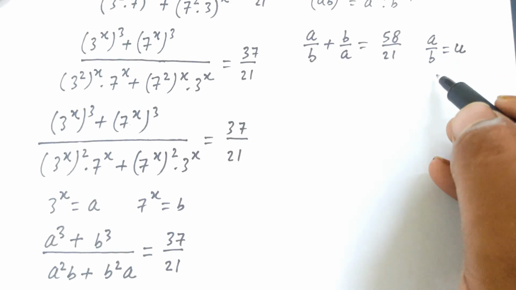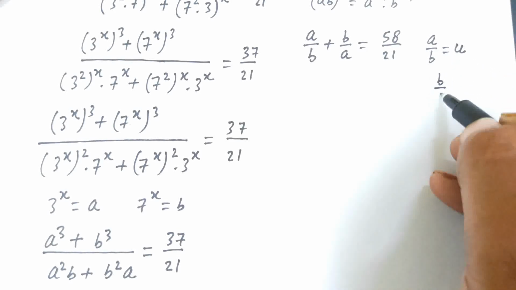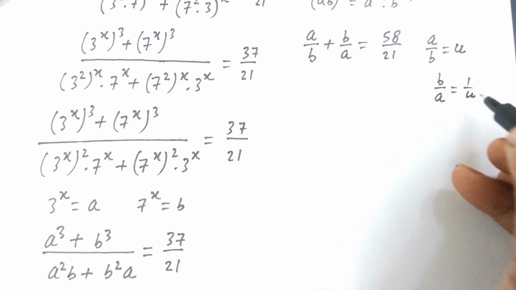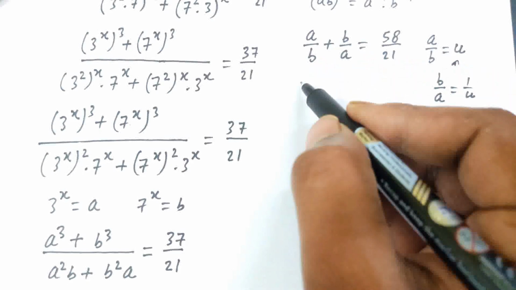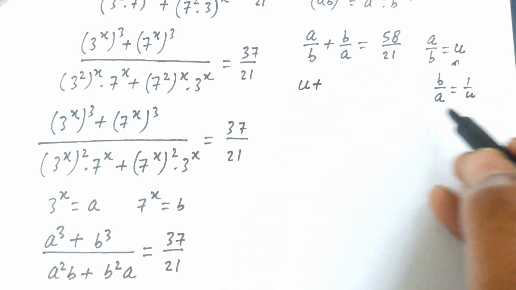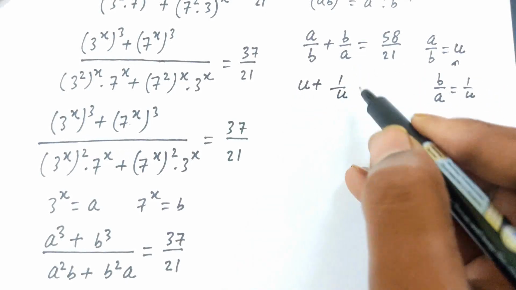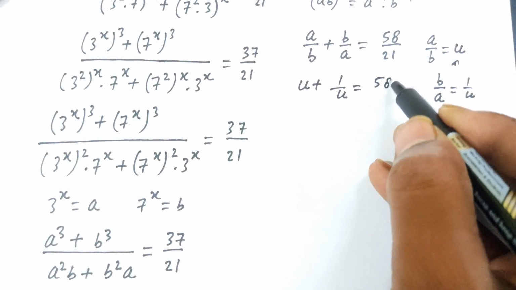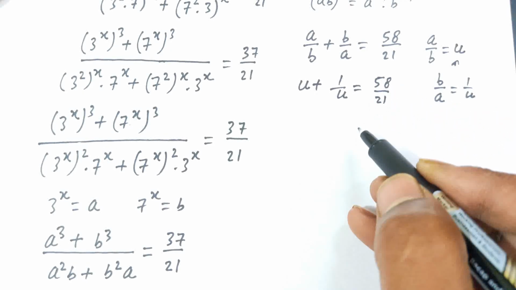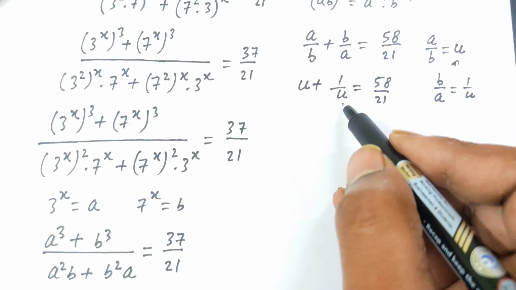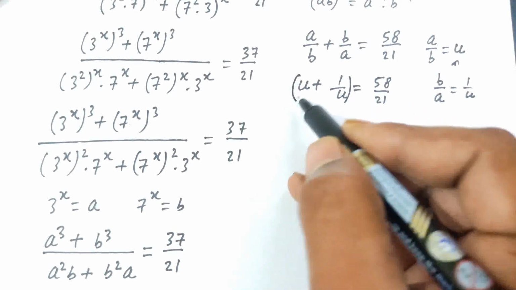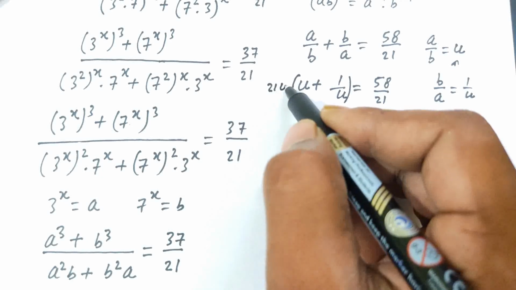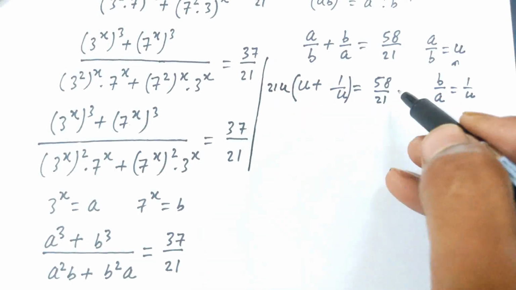Then if we take reciprocal on both sides, b divided by a is equal to 1 by u. Then a divided by b is replaced by u, plus b divided by a is replaced by 1 by u, and this is equal to 58 divided by 21. Now here the denominator is u and here the denominator is 21. So if we multiply both sides by 21u, then